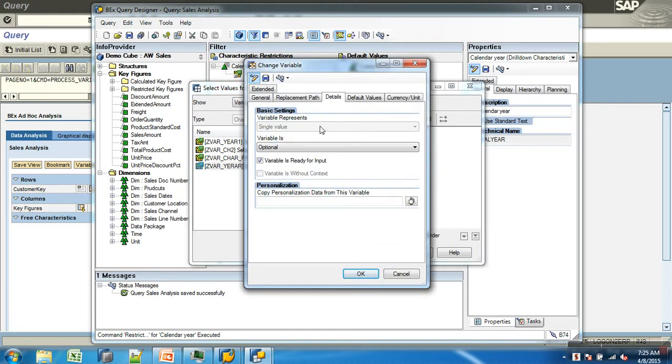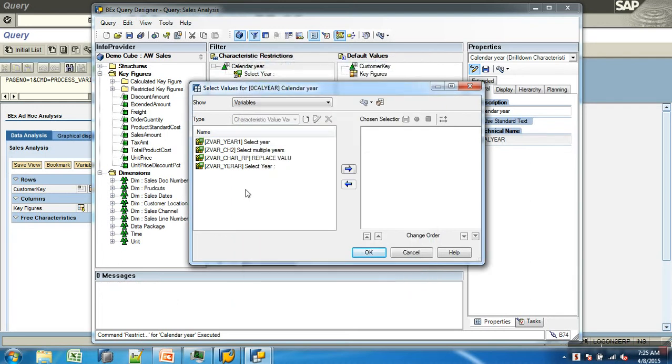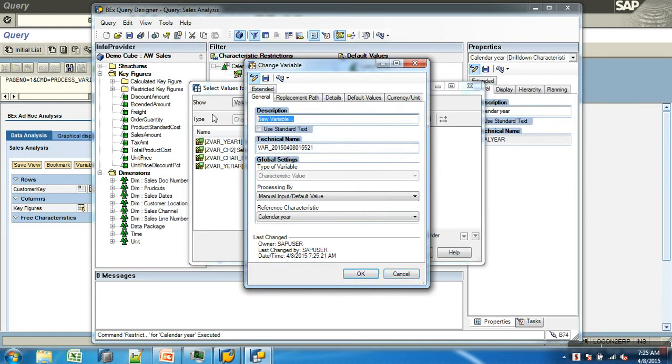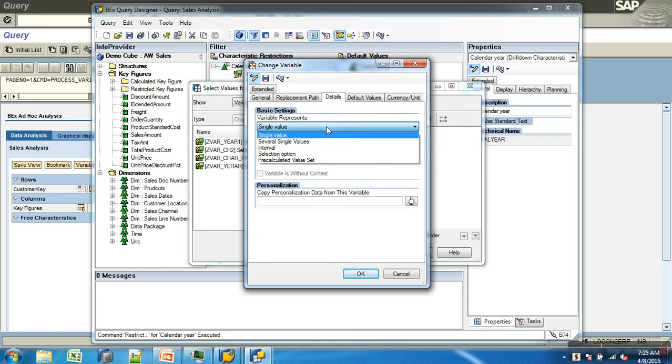I cannot change this. I'll have to go out creating new variable. I'll select it as selection option.